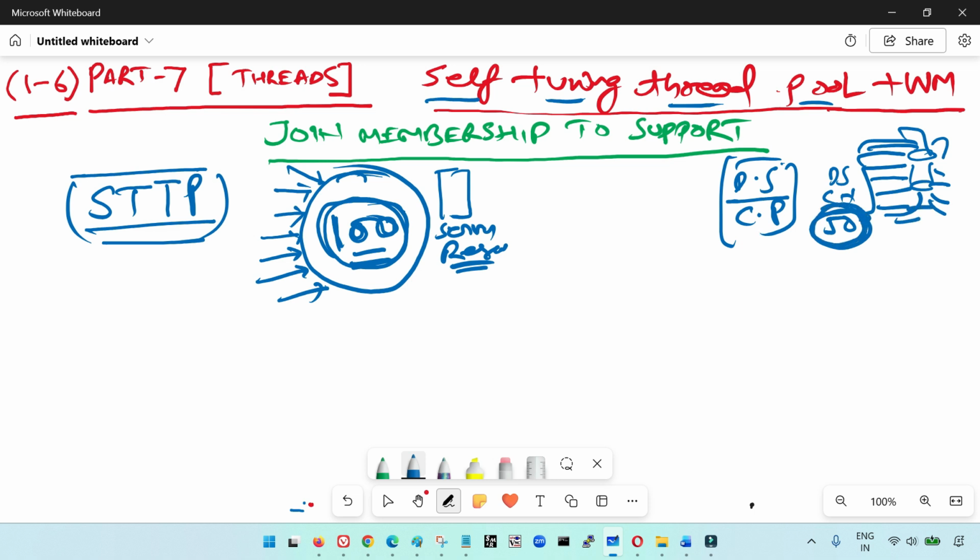That means 50 connections will always be connected sessions. That means the 50 sessions are taking the resources of your database, along with your middle-tier servers. Similarly, if you have 100 active threads here, all 100 threads are taking your server resources. Okay, and now your WebLogic will automatically increase or decrease the number of threads in your self-tuning thread pool